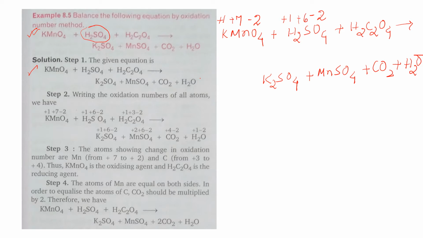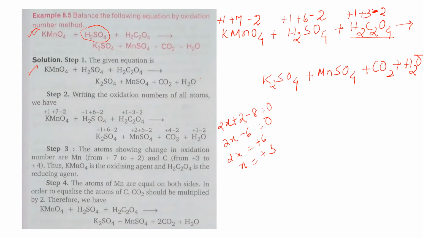X is equals to +6. Now H2C2O4. H2 is +1. Oxygen is -2, you know. So now carbon here is 2x. I am doing for this one, for this H2C2O4. It is coming 2x plus 2, because 2 hydrogen plus 2 minus 8 is equals to 0. So 2x minus 6 is equals to 0, or 2x is equals to +6, or x is equals to +3. So here I will write +3.